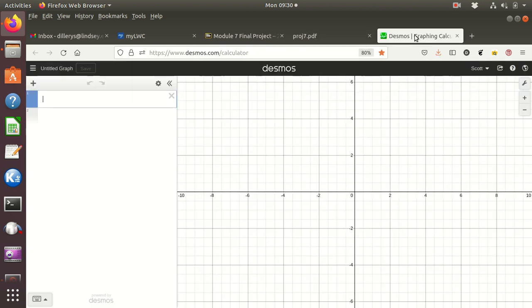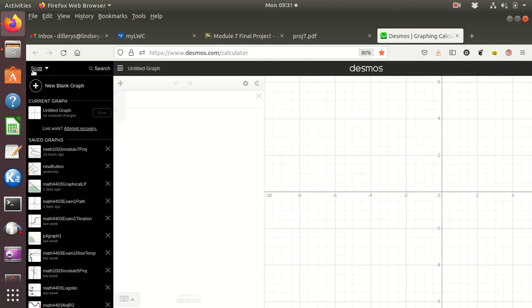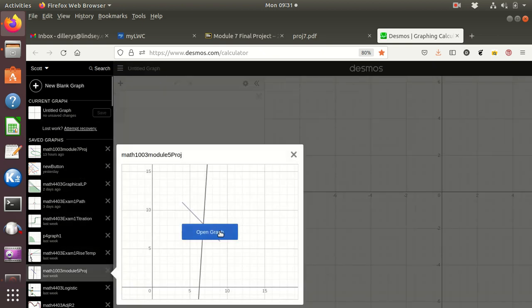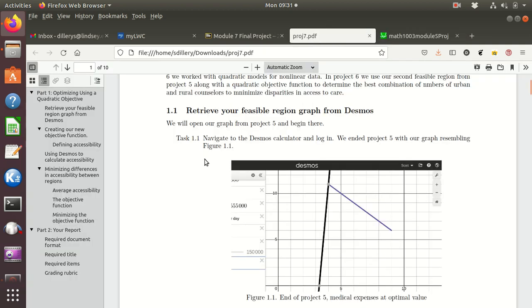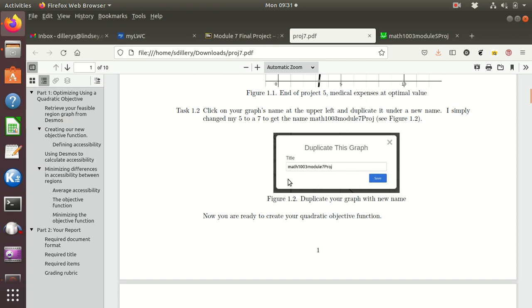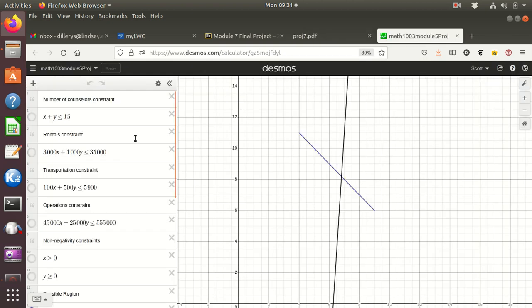So I've opened Desmos already, and again, you go over here. Hopefully you've saved that project, and there's module 5. I open it, and it says, okay, duplicate it and give it a new name. So if I just go up here and click on the name and say duplicate,